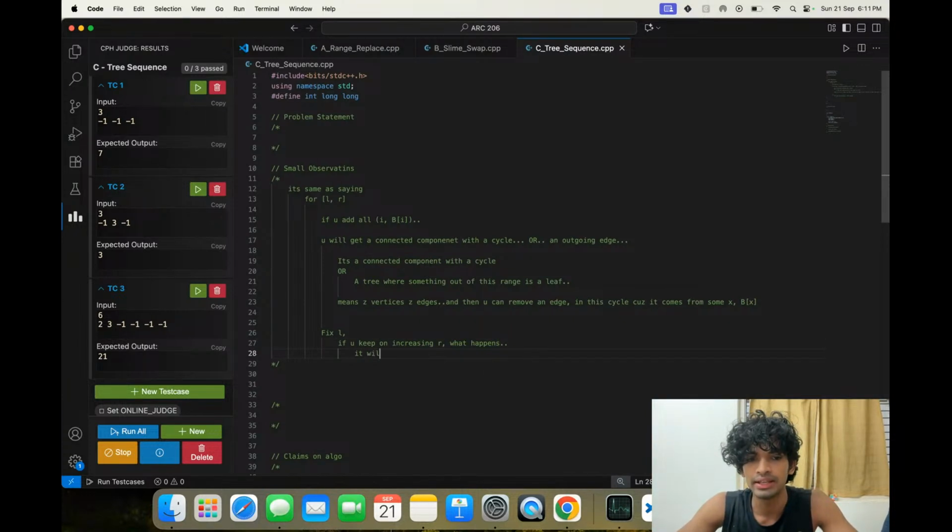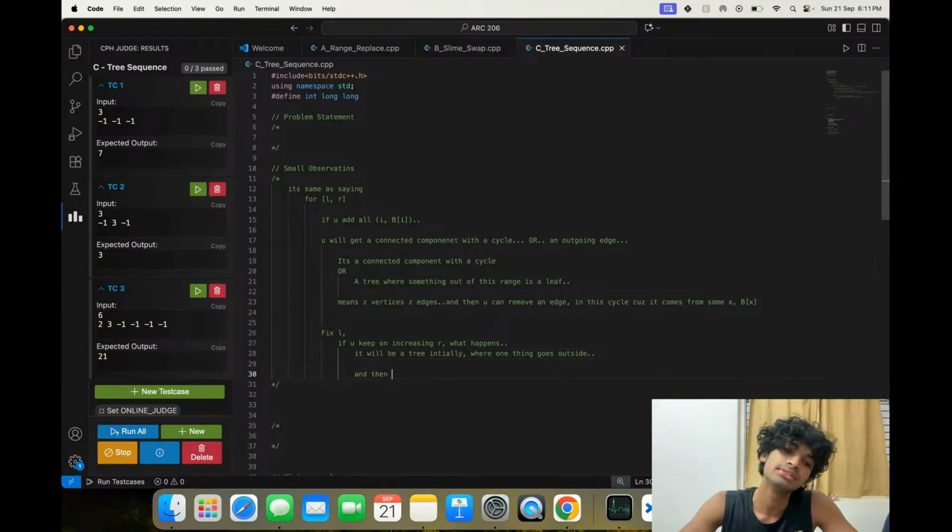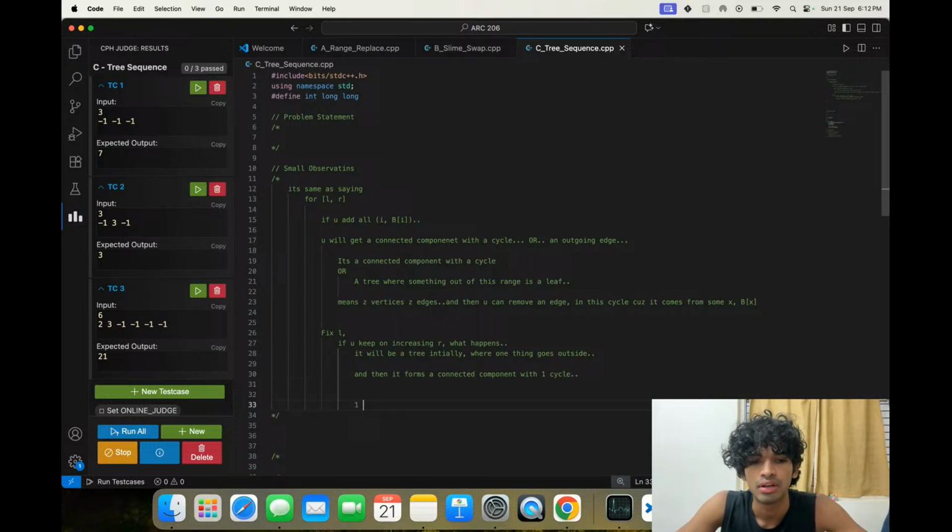It will be a tree initially where one thing goes outside, and then it forms a connected component with one cycle. Okay, that's what happens. So let's say you have one, and let's look at b of 1 being here. So when 2 comes, maybe it's a tree.